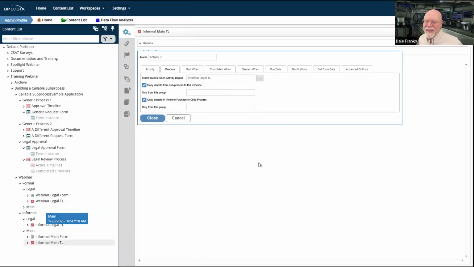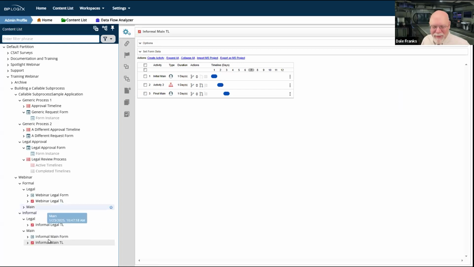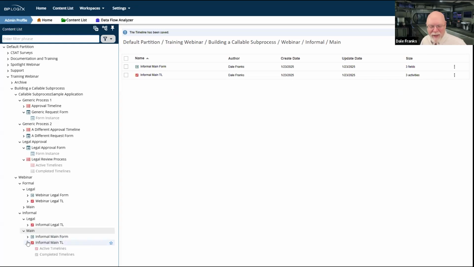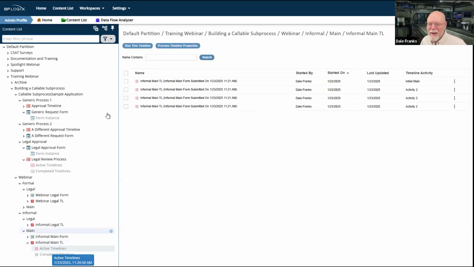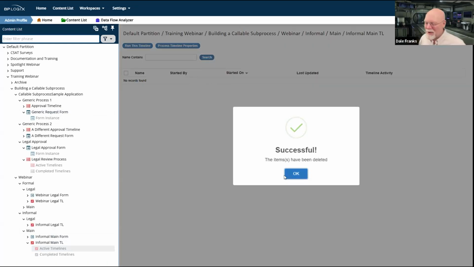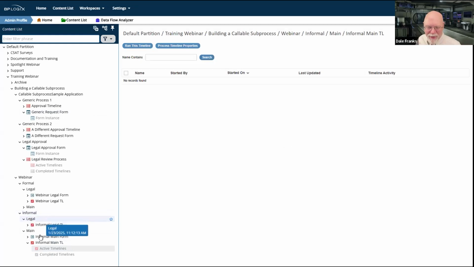I want to start the legal timeline, not restart the main timeline. I'm going to assume that that means that I have about 5 active timelines running. So let's delete them since I kept restarting the same timeline over and over again.